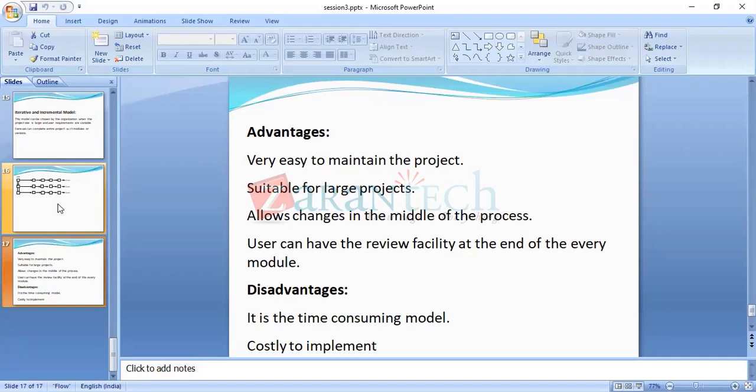The third, all our advantages we are studying: allows changes in the middle of the process. So though we are into Y model, though we are into Z model, if the client asks us to make any changes, the process allows, right?